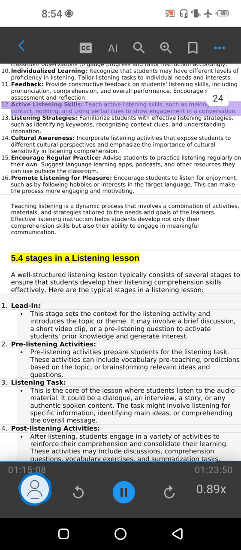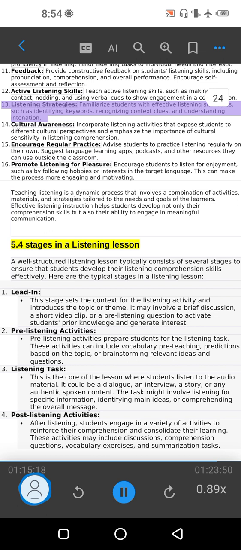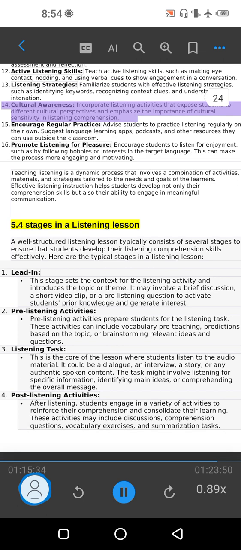Teach active listening skills, such as making eye contact, nodding, and using verbal cues to show engagement in a conversation. 13. Listening strategies. Familiarize students with effective listening strategies, such as identifying keywords, recognizing context clues, and understanding intonation. 14. Cultural awareness. Incorporate listening activities that expose students to different cultural perspectives and emphasize the importance of cultural sensitivity